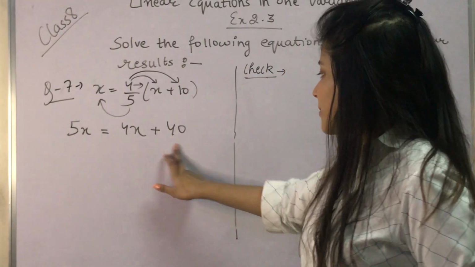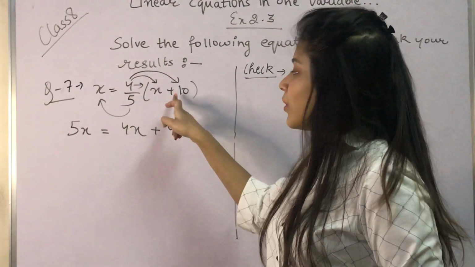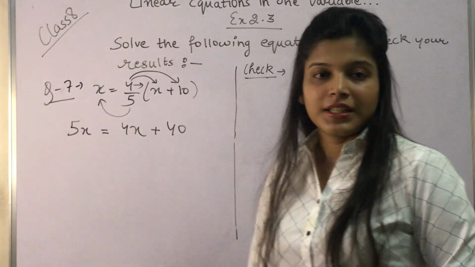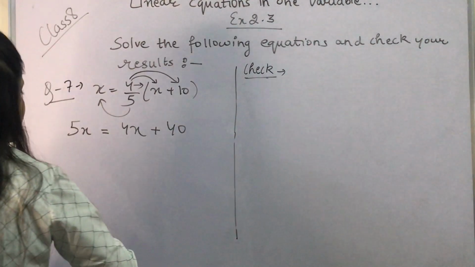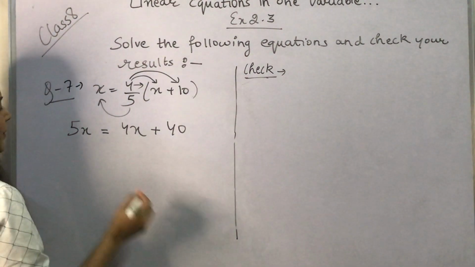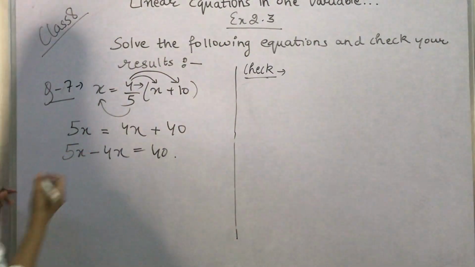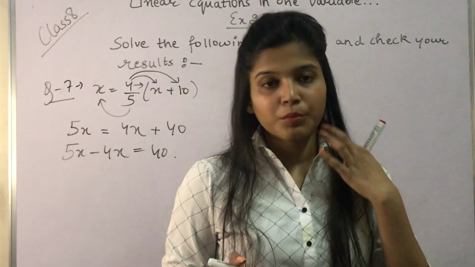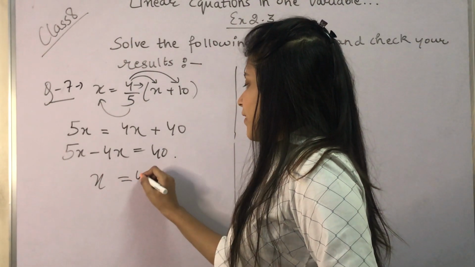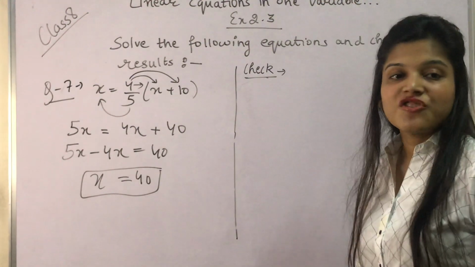अब ये equation बहुत simple बन गई. How? Because हमने 5 को multiply किया x से और 4 को हमने multiply किया x plus 10 से. So हमारी fraction नहीं आई कुछ भी. ठीक है? So 5x equals to 4x plus 40. Now 4x is positive, so it will be transposed and it will become negative. So 5x minus 4x equals to 40. So this is our transposing done. Now we will solve. 5x minus 4x is x. So x की value आ गई 40.